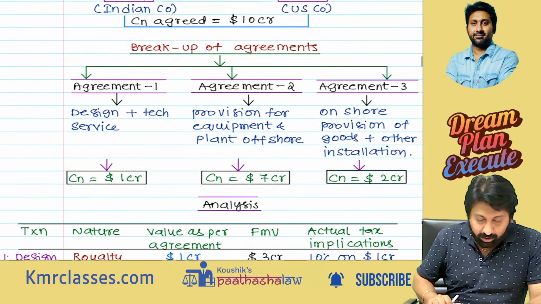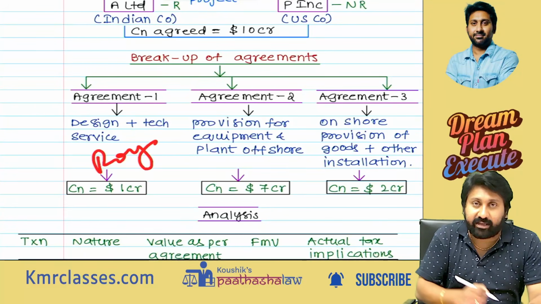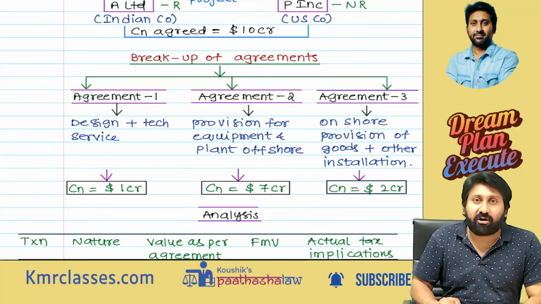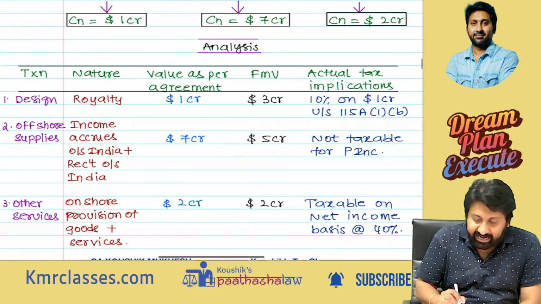Listen. Design and technical service and all this comes under the royalty category. Section 9 will get attracted. Whenever there is a royalty, what will happen? There is tax at the rate of